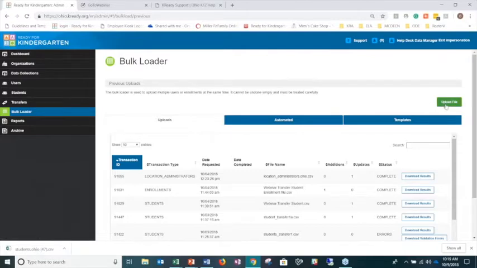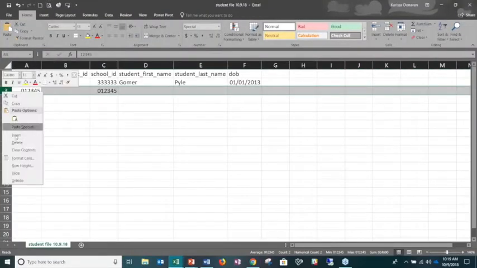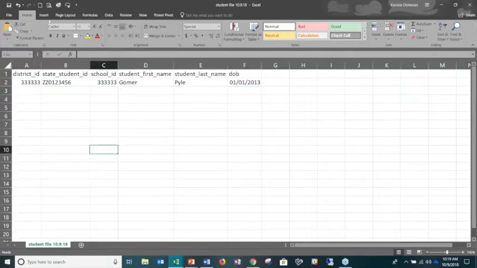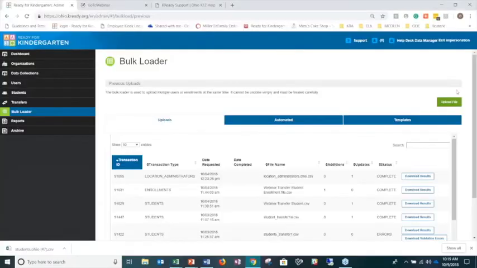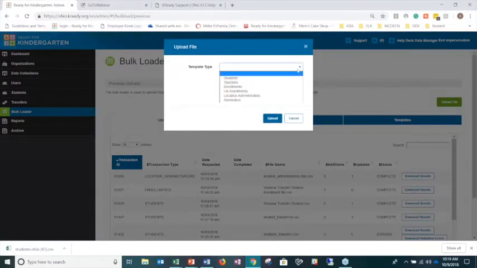Carissa: So before you upload, make sure you remove the examples so that you don't get an error. Yes. There you go. All right, resave that. Now I just have this sitting on my desktop. I'm just going to upload. I'm going to select the student template,